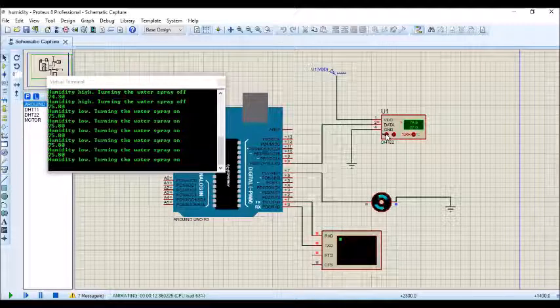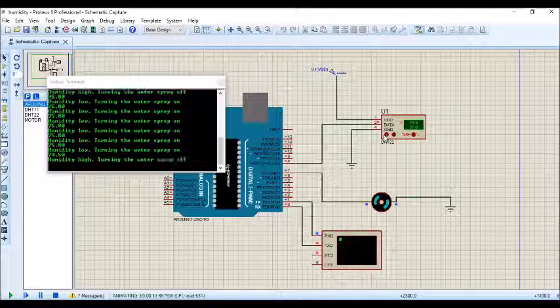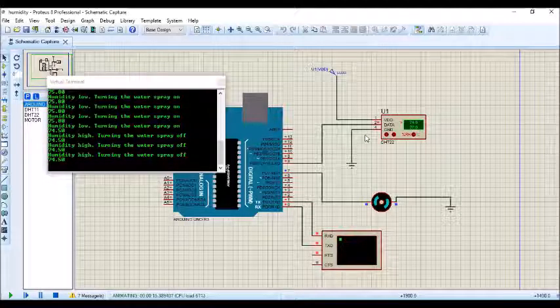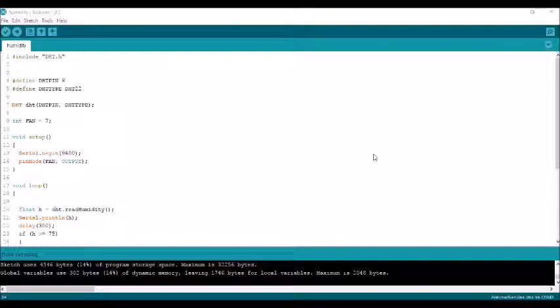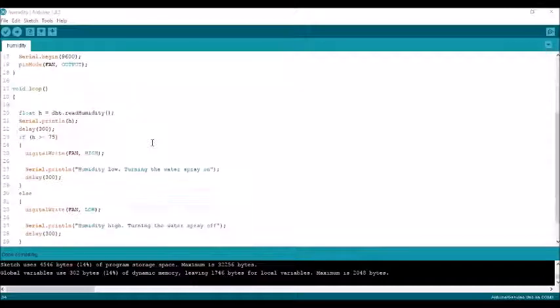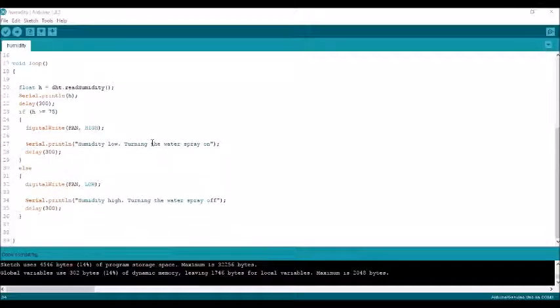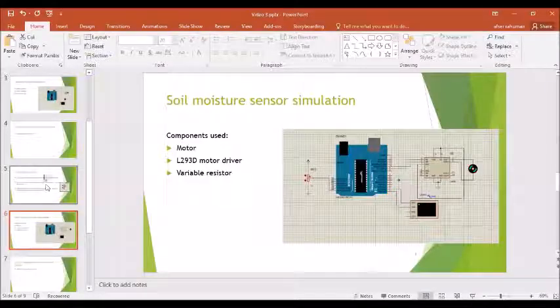The user will obtain the status of the water spray at regular intervals, communicating the status of the spray being on and off. This is the code for the simulation of the humidity sensor. Now, coming back to the presentation,